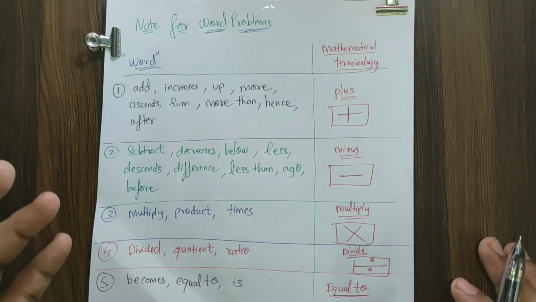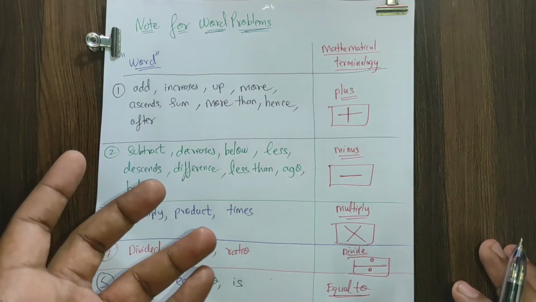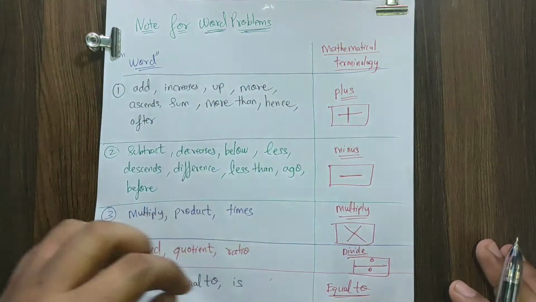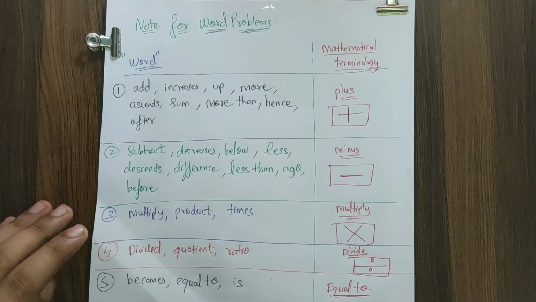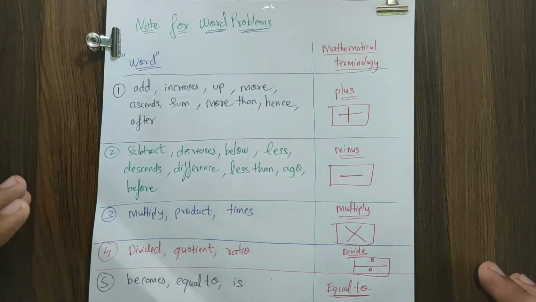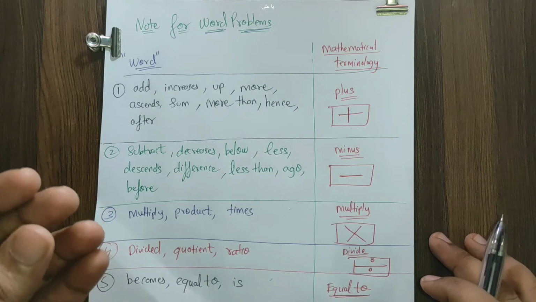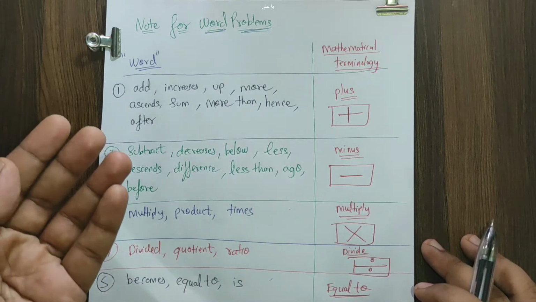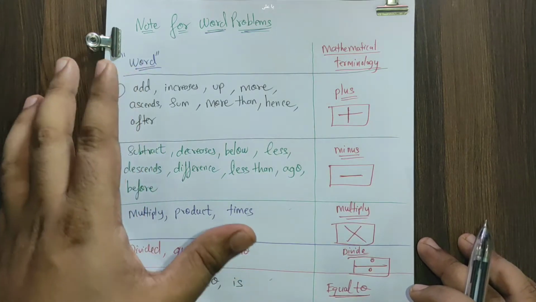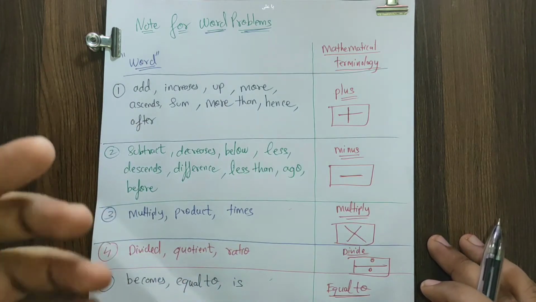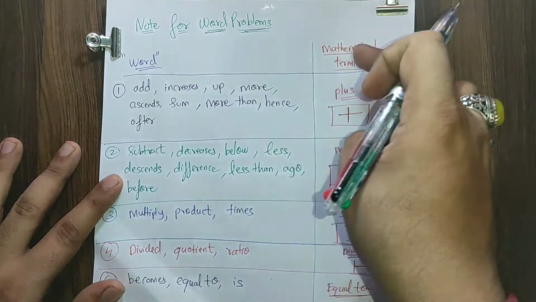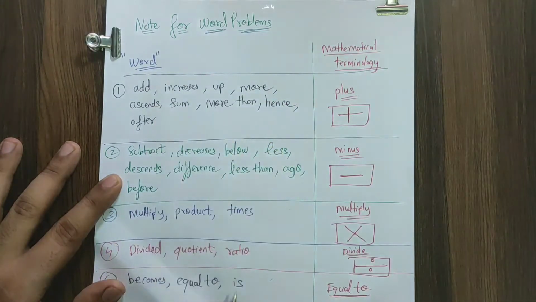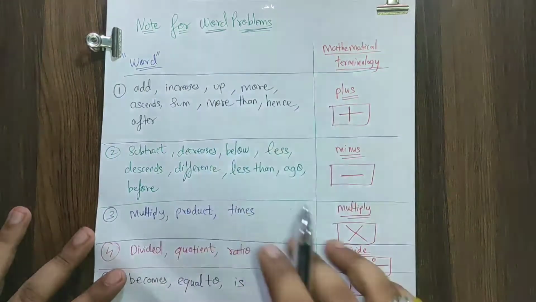You just need to know the conversion of language from English to maths. So that's the reason I have given you a small note which is very important. You all will not rote learn. Actually, if you know a little amount of English, if you are just aware of the meaning of the words, you can easily place the actual mathematical terminology in the place of those English words. Okay, so note for the word problems.